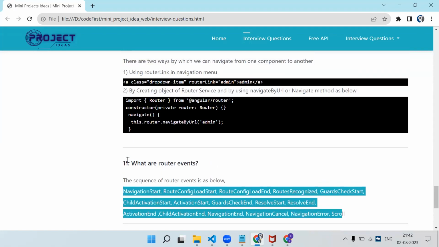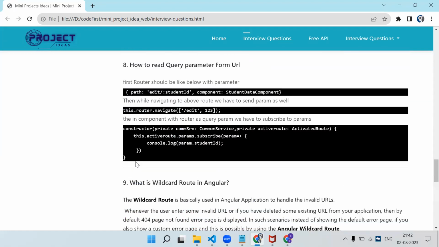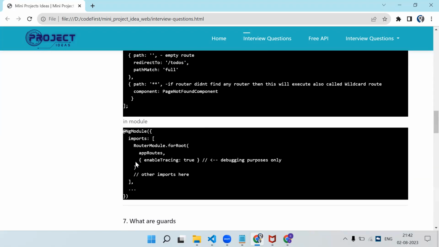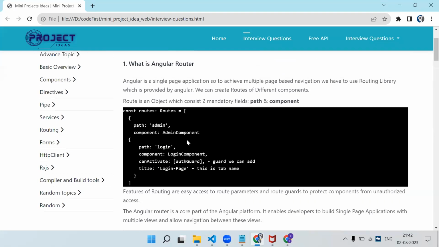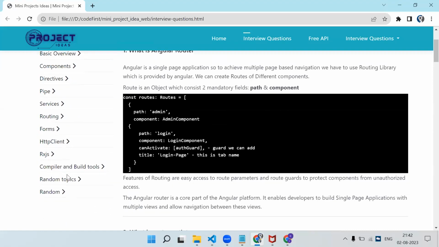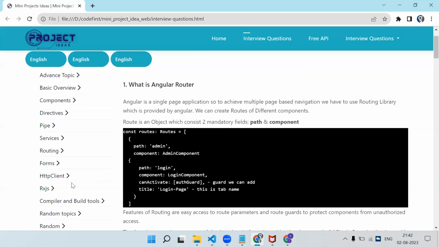So these are the various questions we had in routing and services. Hope you are finding these videos helpful. Only HttpClient is the topic which is remaining. After that, I will be discussing the remaining extra questions, which are not related to a particular Angular topic but related to Angular, right? Some scenario based and everything, and RxJS also. So that's it with this current video.